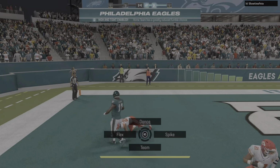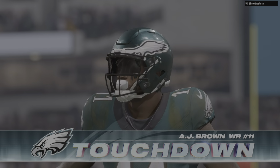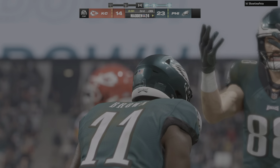I'm just one. And that's going to be caught for an Eagles touchdown. A.J. Brown, 34 yards. And the Eagles are able to widen their advantage. And this is